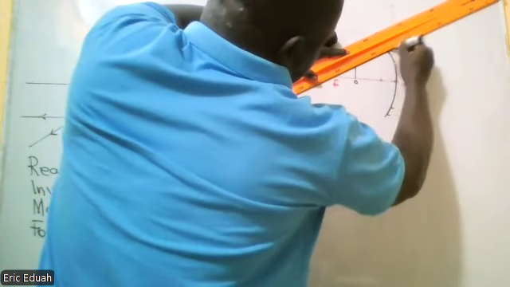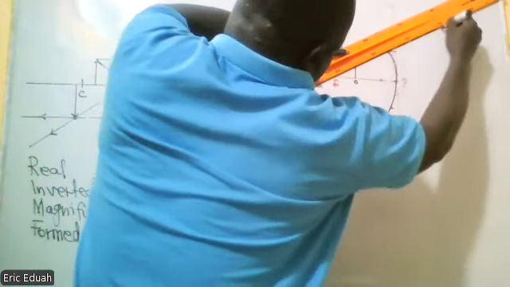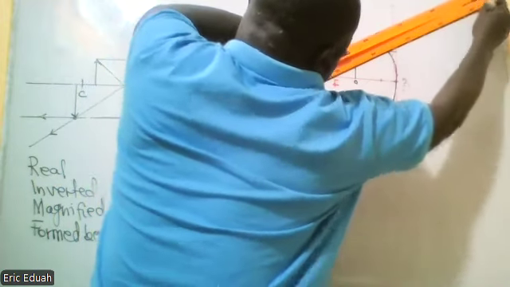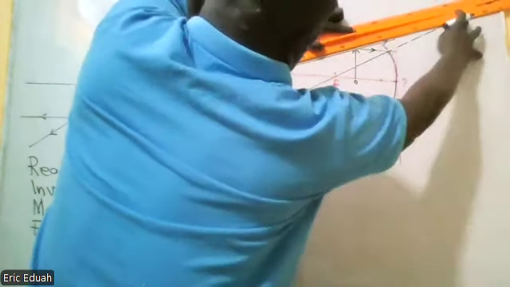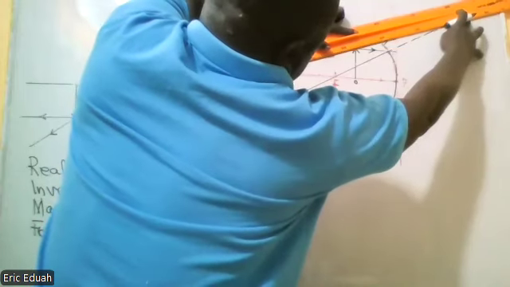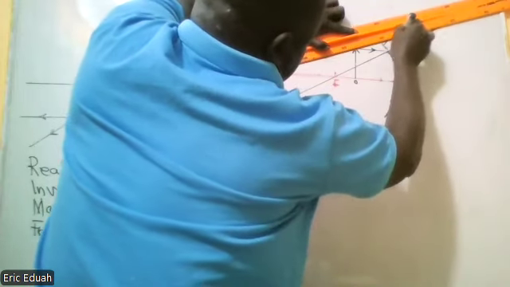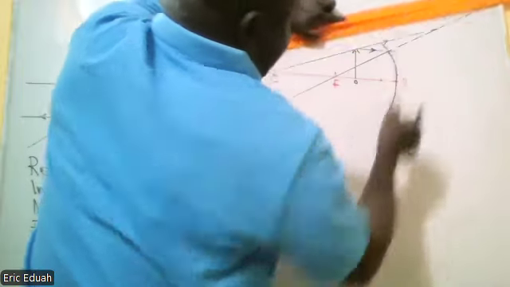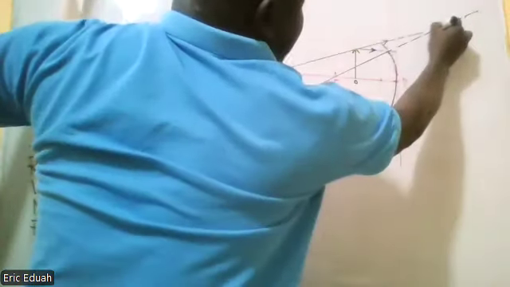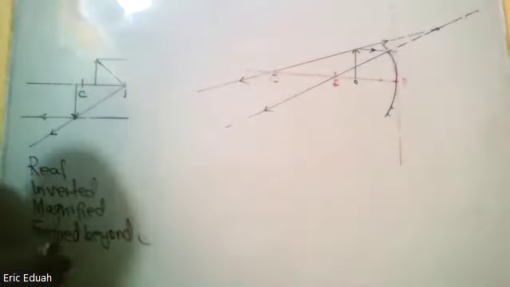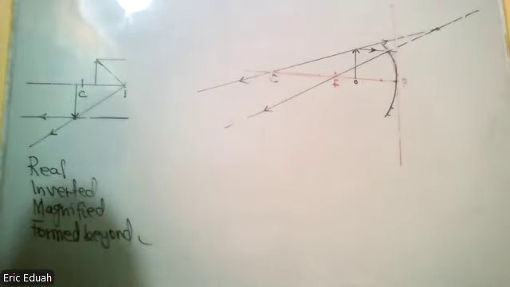So we extend the two rays backwards. And this is the point where they appear to meet. Because of this, we need to extend the principal axis, because the object and the image